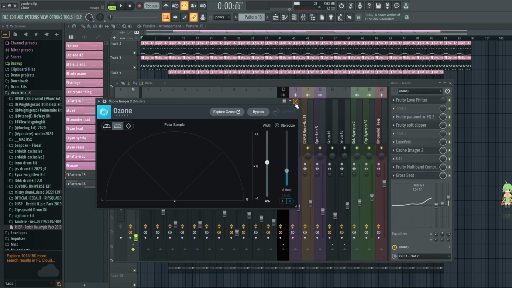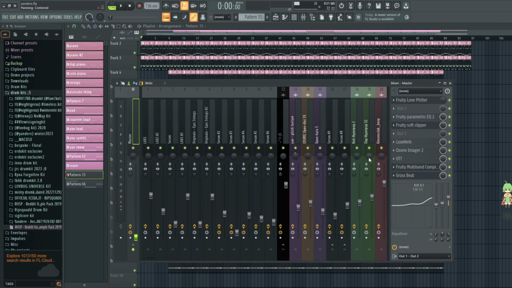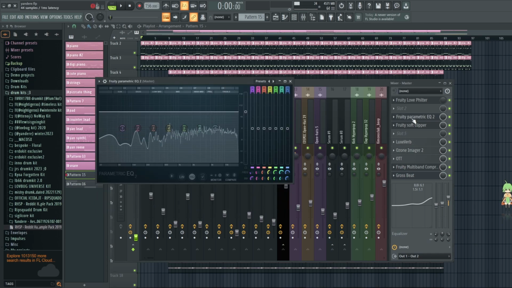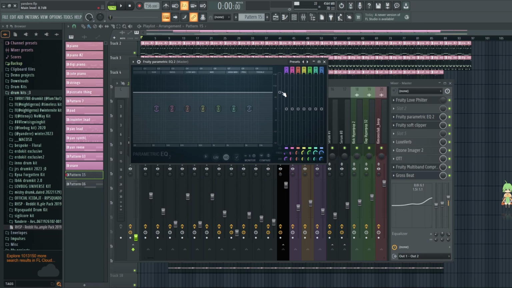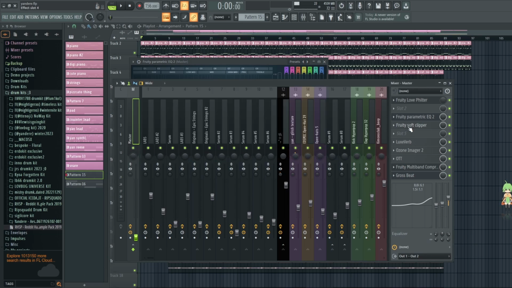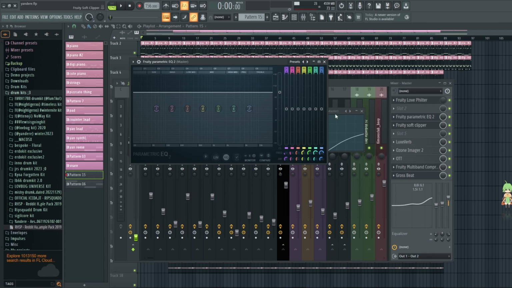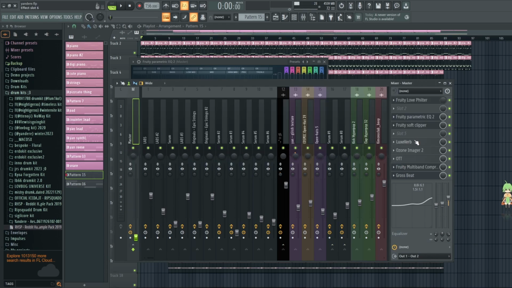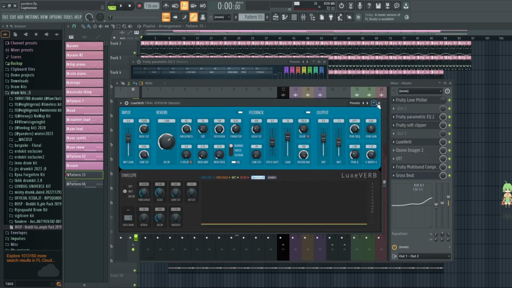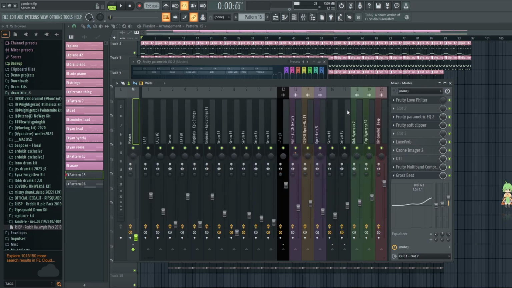The things I did a bit differently compared to my normal beats is that I grabbed an EQ and raised the volume, and then I put a soft clipper on it so it doesn't sound too distorted. Whenever it goes up, the soft clipper lowers the volume. Even though every instrument has reverb on it, I put a slight reverb on the master track as well,